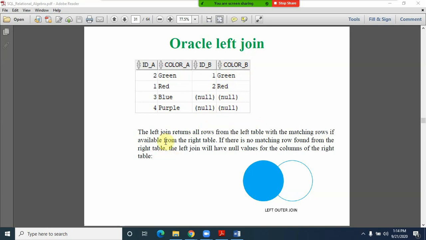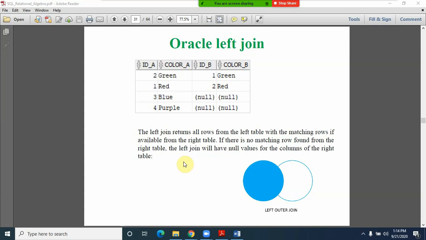So the left join returns all rows from the left table with the matching rows, if available, from the right table. Suppose the right table does not contain the matching records, then what is the output, friends? The output is null. The reason is it is applying the condition to check whether matching records are there.